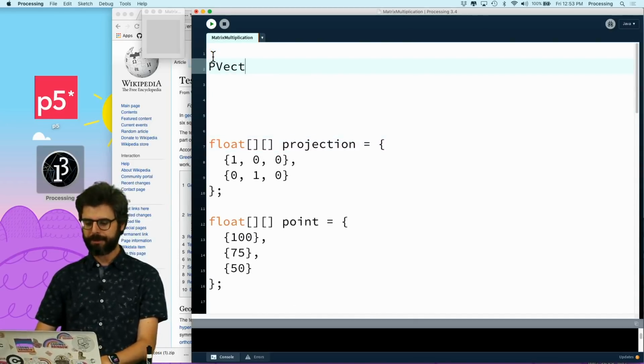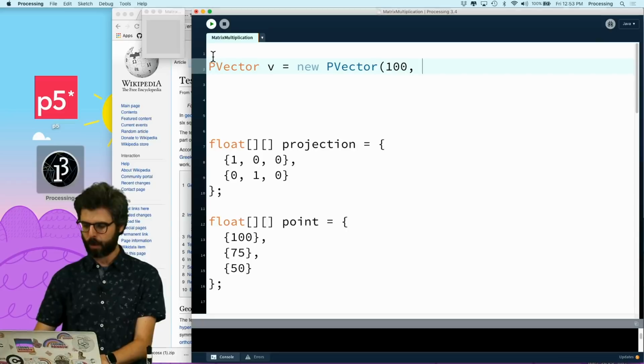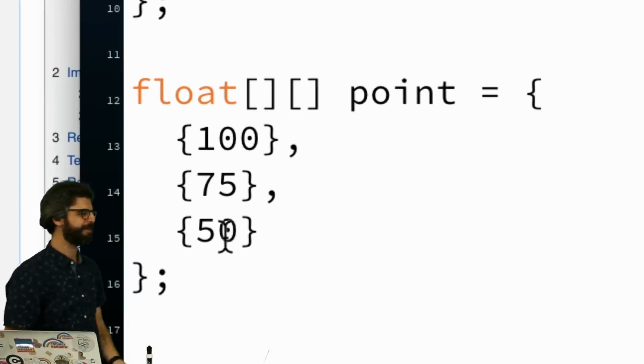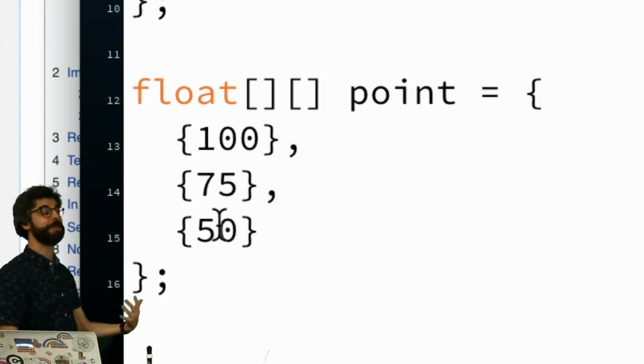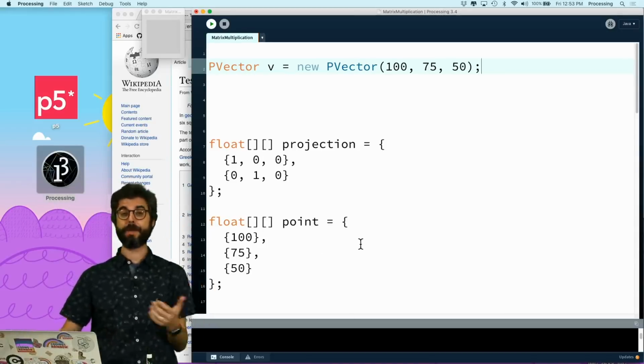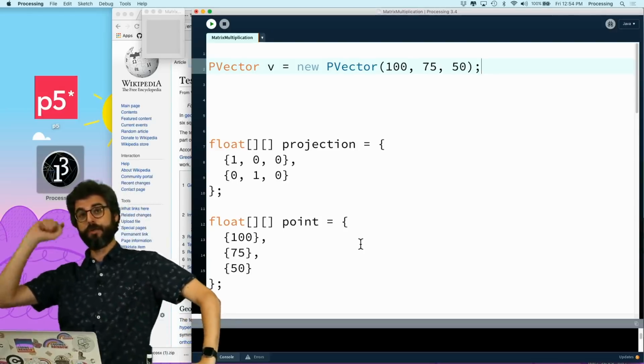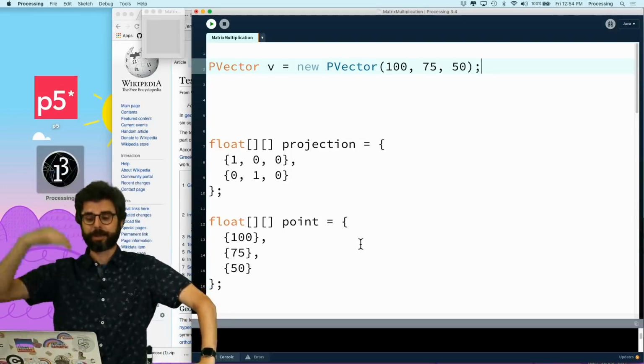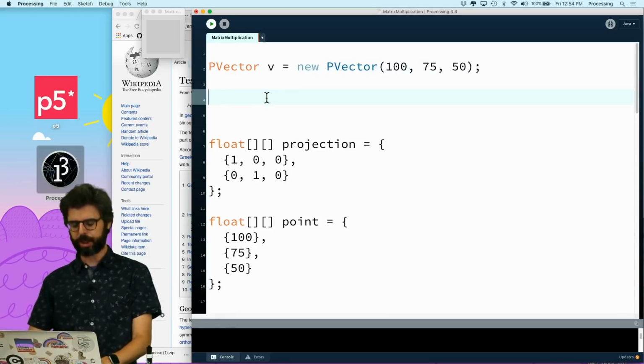lot. So a p vector, like p vector v, is typically how I'm going to want to represent a point. If I want to represent a point, I don't want to have to write it like this all the time in my code. That's going to be a major pain. But if I want to do matrix multiplication, I'm going to want some tool to convert from a point to a p vector to a matrix. So I want a function